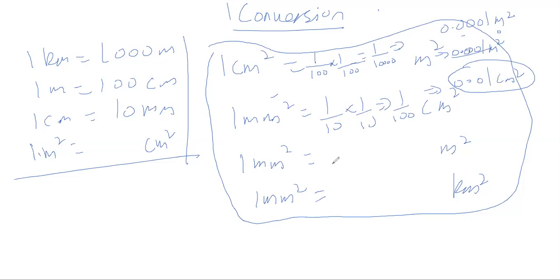For third, it should be what? Now you see that first convert this millimeter into centimeter, which is 1 over 100 as we have got it over here. So 1 over 100, and from this centimeter converted into meters, which we also have over here, 1 over 10,000. Now if you count, there are 6 zeros. So this becomes 1 over 1, 2, 3, 4, 5, 6 zeros, which is equal to 0.000001 meter square.